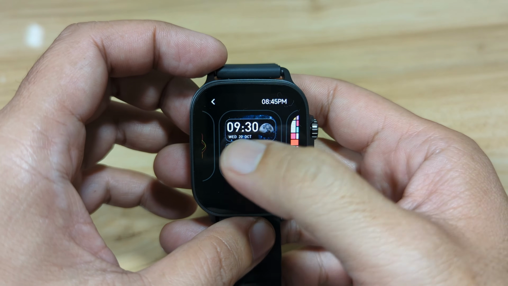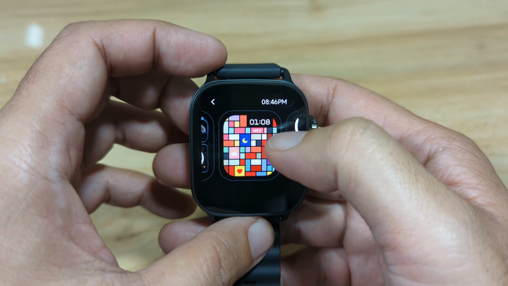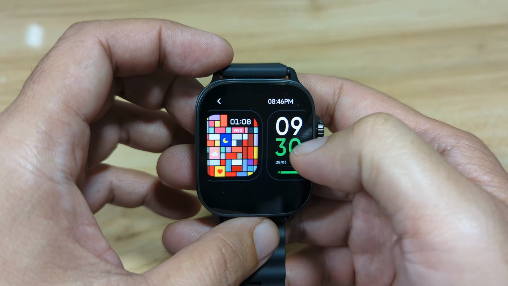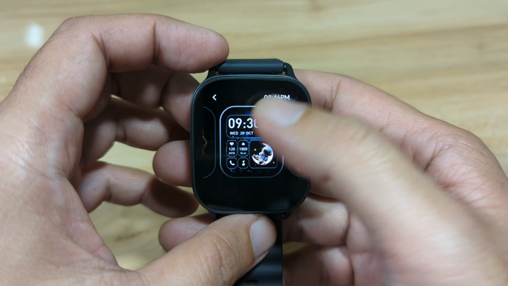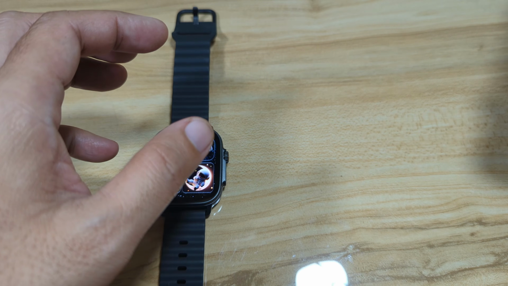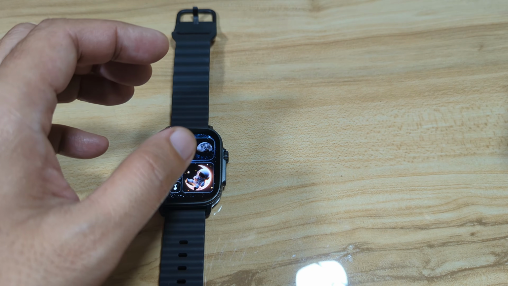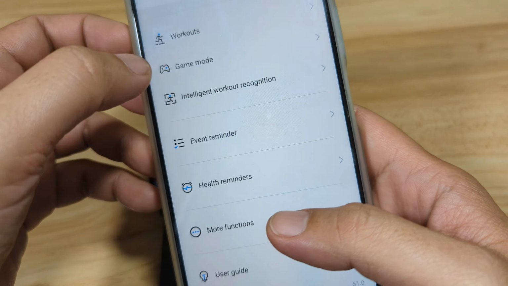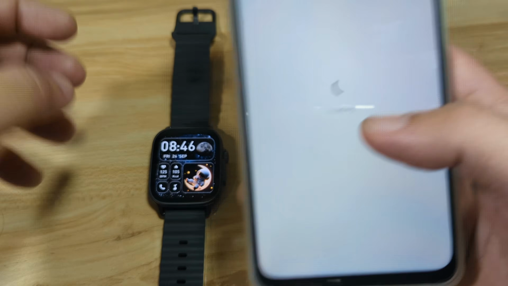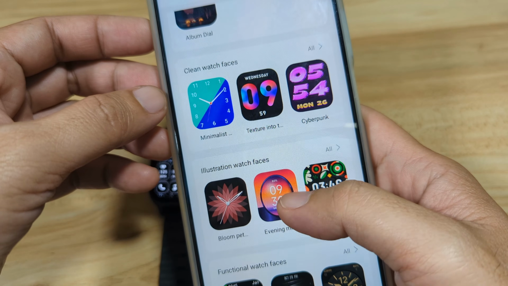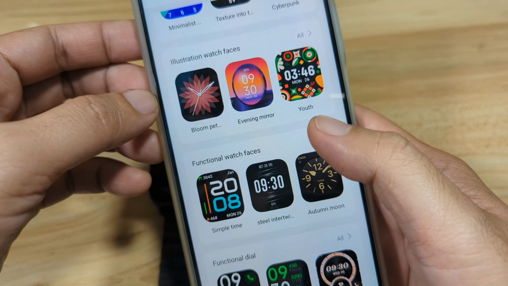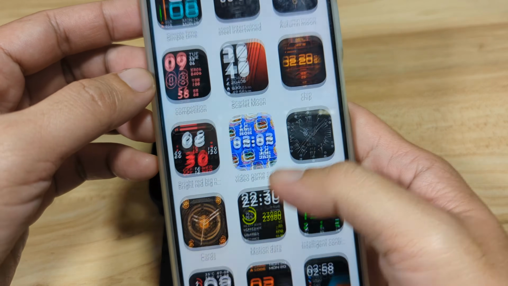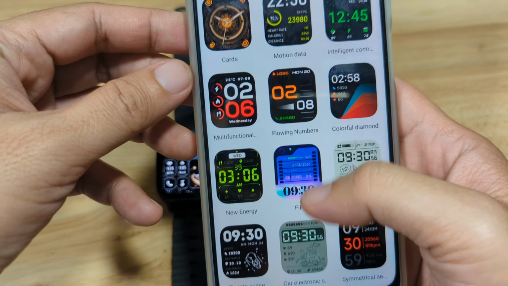By checking on the available watch faces in the support app, we have at least 4 so far. 1, 2, 3, and 4. So this one, I'm going to show it to you. I think it's available here in the watch face section. So we have here the Realme link. If we go to the face gallery, I think it is available in the functional watch faces. If not, maybe in the functional dial. Let's check. So that one, we have this.